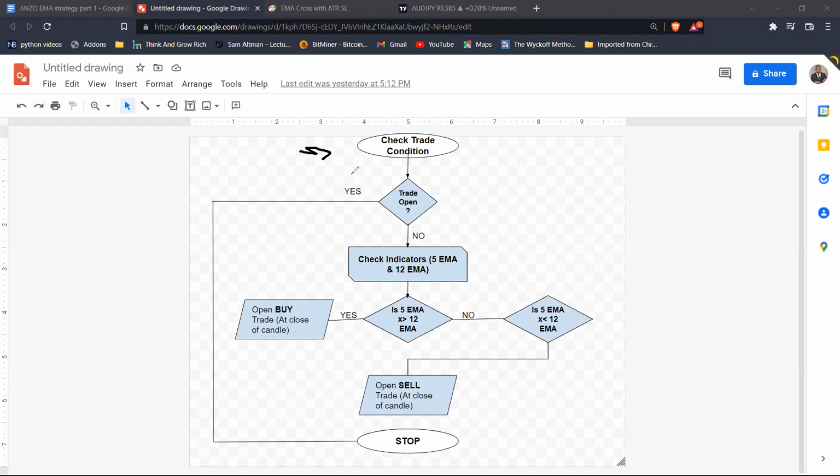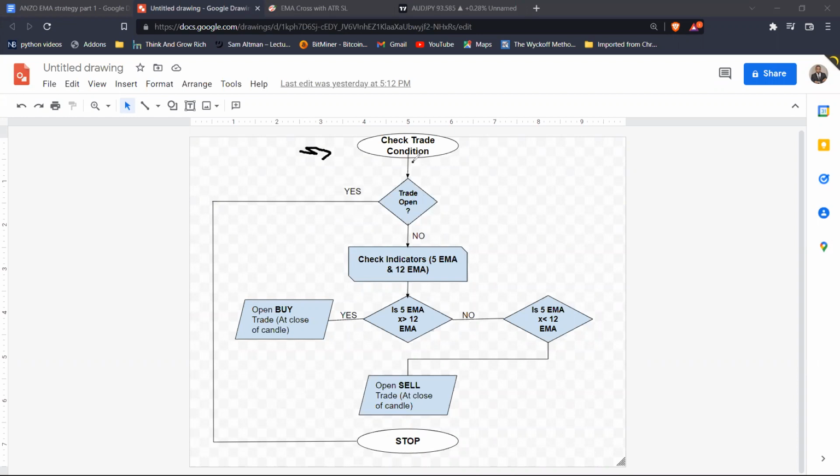So there's a yes option, that means a trade is open, and then there's a no option, that means no trade is open. Now, in the case where a trade is open, what does it do? Well, you can see it just follows this path and stops. So it does nothing, right? So if a trade is open, it does nothing. Now, if a trade is not open, then it will proceed to the next phase, which is, you can see